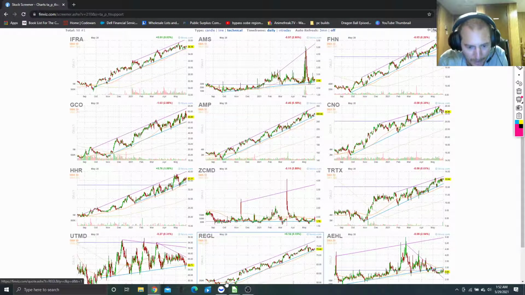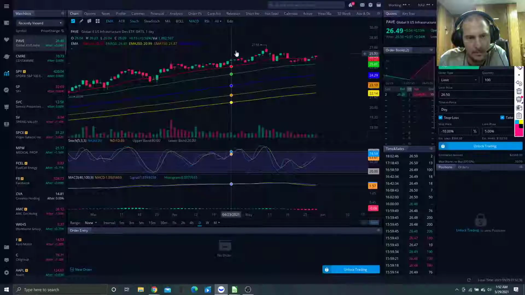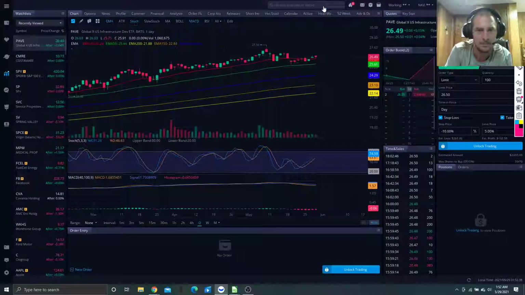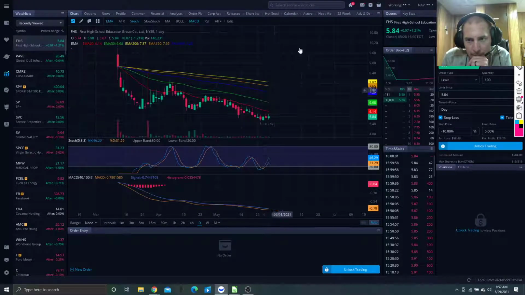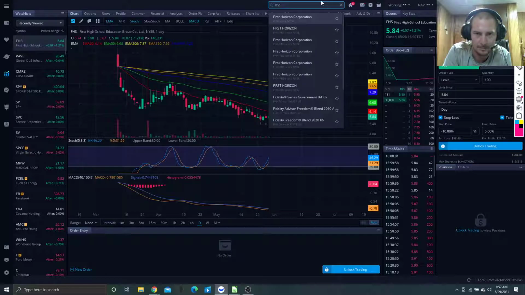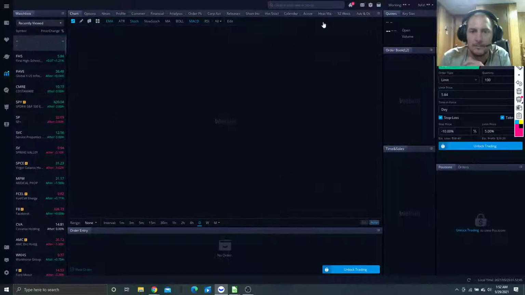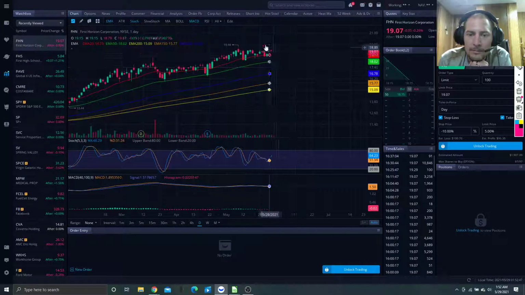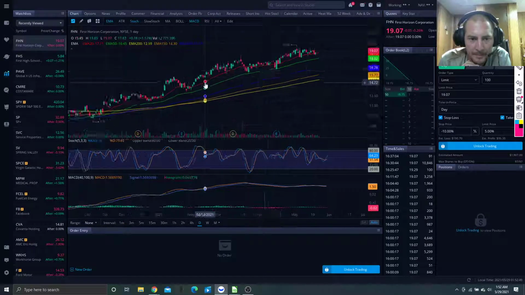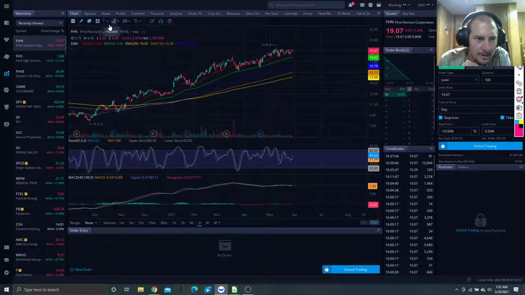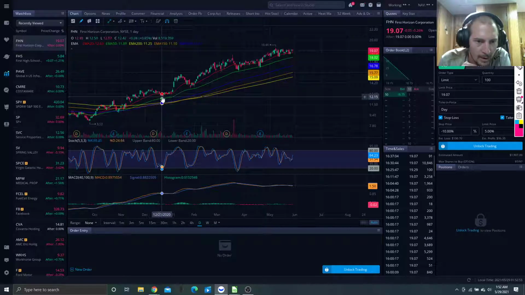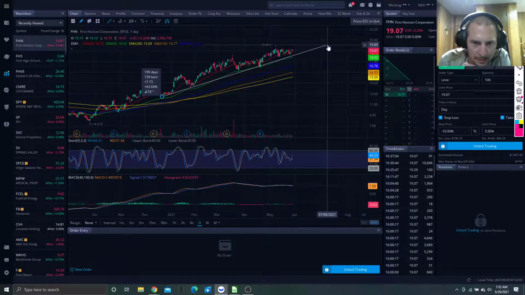Let's go have a look at it. No, wrong ticker. Bouncing off of the 20-day. As we can see, we are at support here on our trend line,